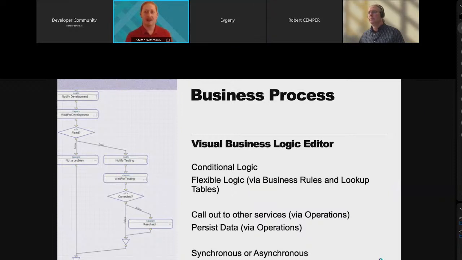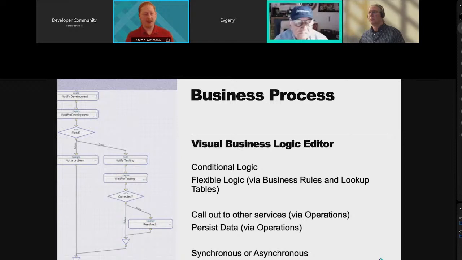You can run specific actions and events in here, like assigning a variable at a very low level if you want to, but it can also be more high level, like sending a message to a business operation, which then sends an email to somebody or starts a human interaction through the workflow engine. It includes conditional logic for if conditionals, for while loops, for switch statements, these kinds of things.